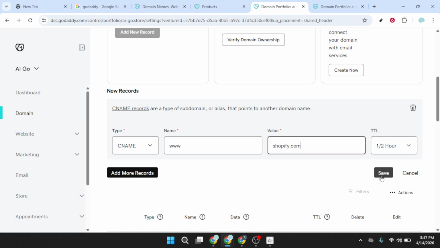Remember that CNAMEs work for subdomains, not for the bare root domain. If your provider asks you to point the root, they'll usually give alternate instructions. That's it. You've added a CNAME record in GoDaddy. Once your provider verifies the connection, your custom domain should load at the subdomain you set,